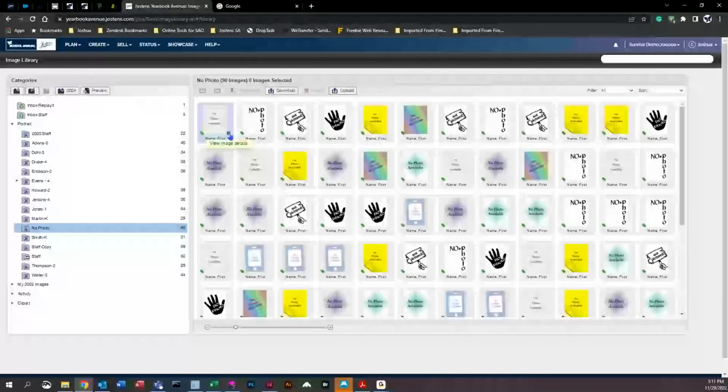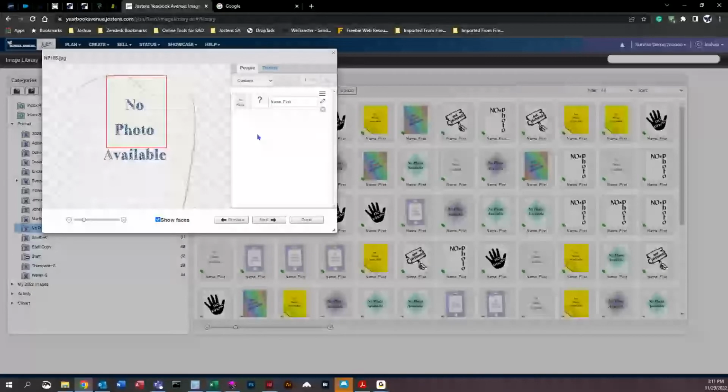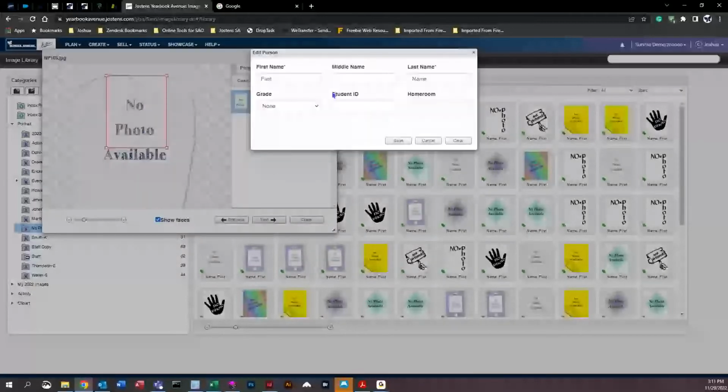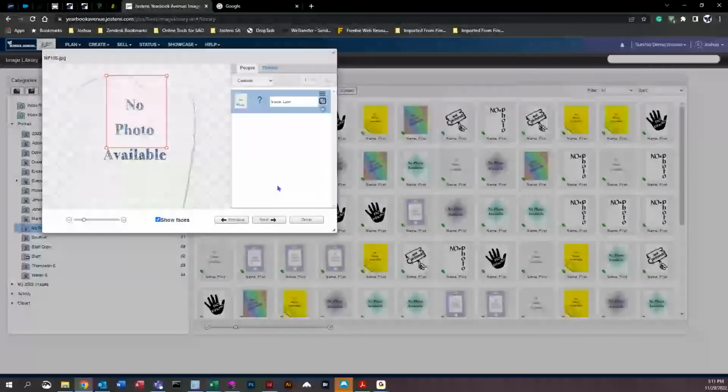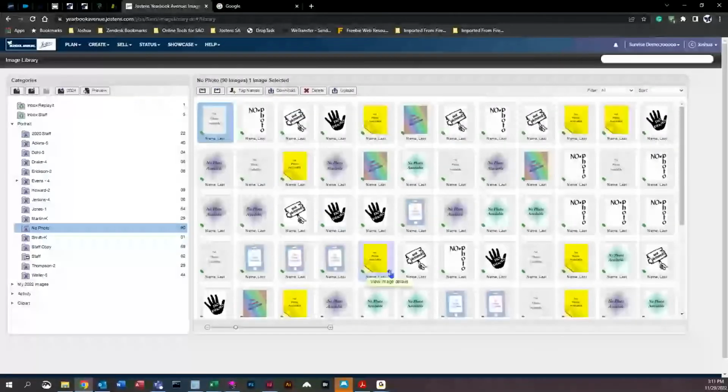One important thing about the no photos, if you click here and you go here to change a name, so let's say we're going to change this first to a last, and we hit save and then done. Now, if you'll look, it says name last on every single one of these. So unless you want that student's name on every single one of these,